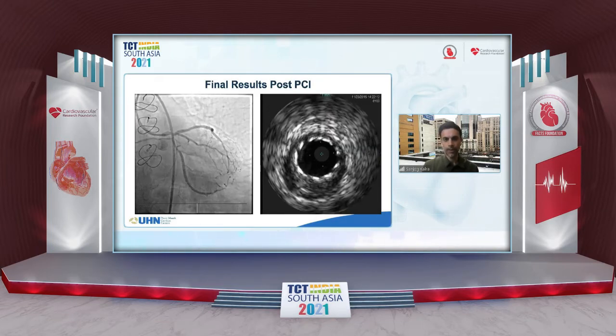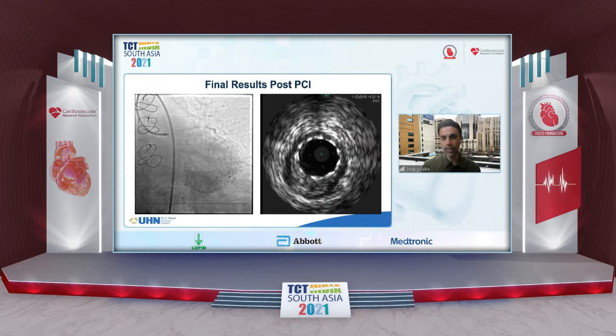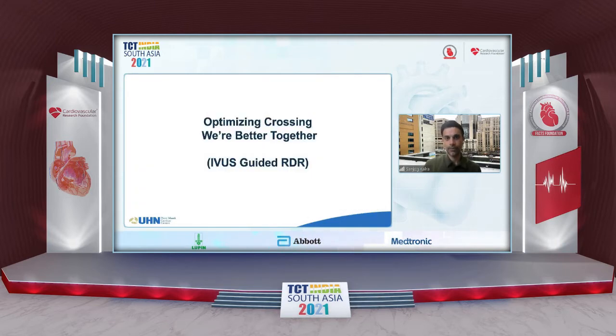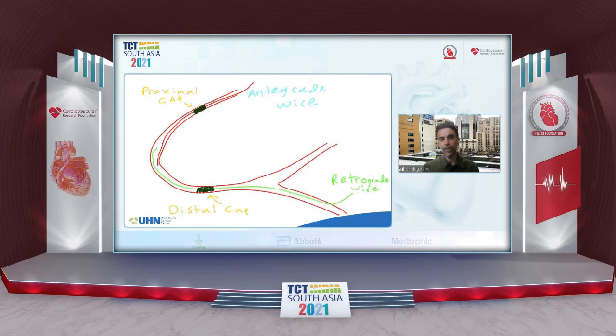Okay, so that's one way. That's facilitating entry. How about if you're coming retrograde? Well, this is the fundamental diagram describing reverse CART, or retrograde dissection reentry, where you get two wires in